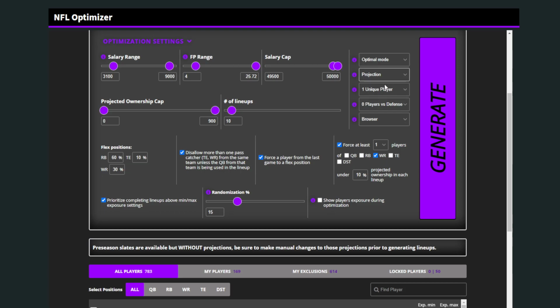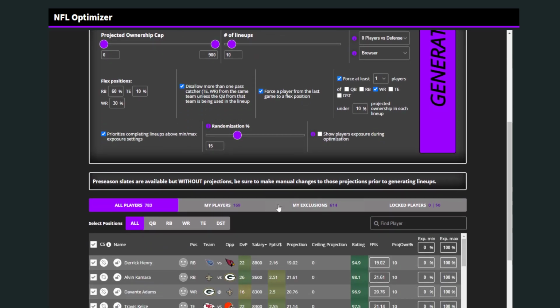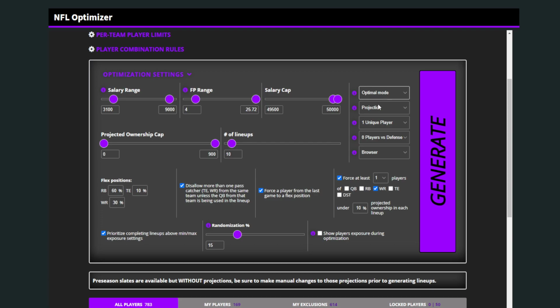So you can essentially run the lineups based on ceiling projection or projection. Whatever you decide to do, the optimal mode is going to run it at face value for those kinds of numbers, right? So let's say we're running in the optimal mode based on projection. It's going to run 150 lineups, or in this case 10 lineups, based on the projections, and obviously it'll factor in the randomization. But when you switch over to tournament mode, it's actually going to introduce a little bit of